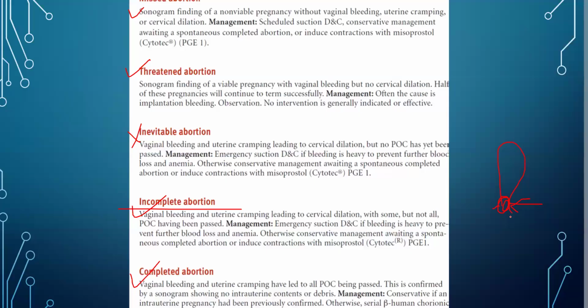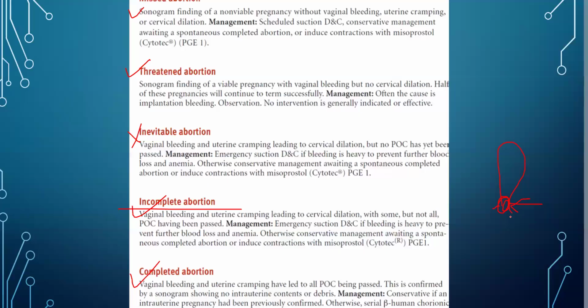So even if you give lots of fluids and blood, the bleeding will not stop. Or the main thing is that the shock will not improve. So what you need to do is remove that fetal tissue with the consent of the mother. And once you remove the fetal tissue, the shock or the blood pressure will improve. So first of all, you need to find out if there is any fetal tissue at the cervical os. If it is there, you need to remove it.